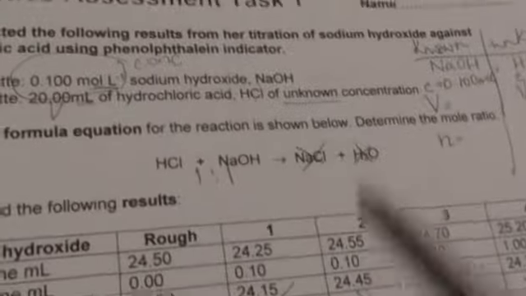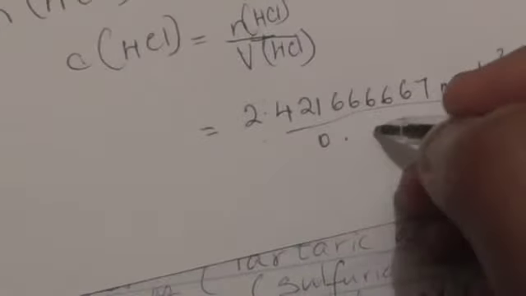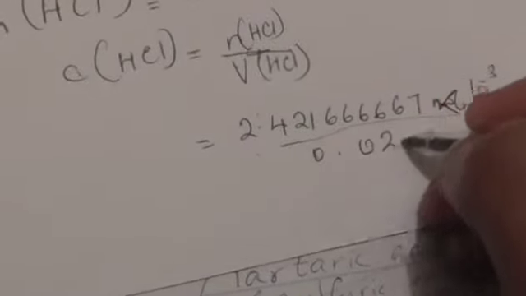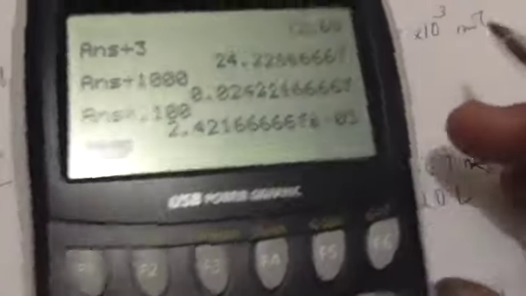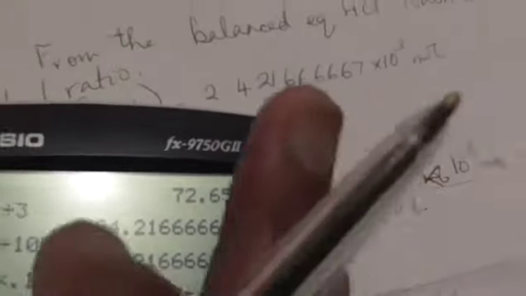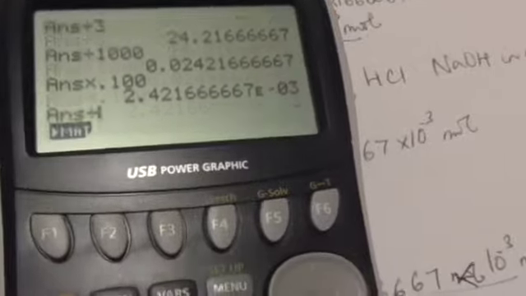Where do we get the volume from? They were given it to us. It was 20 milliliters. We converted that to liters, so that's going to be 0.020 liters. So bring a calculator. The numerator is sitting already on the calculator, and that's why you don't want to ever clear your calculator. All I have to do is divide this by